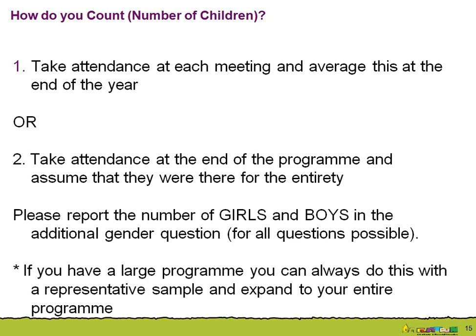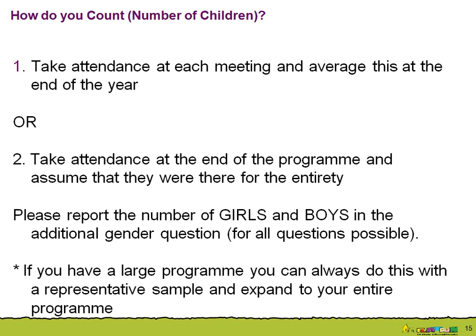In the survey, we're always asking you how many children or youth completed an entire cycle, 20 hours, of Aflatun, Aflatine, or Aflatot in the previous annual year. So it's only the children from that year. It's not all the children throughout history in your program. It's just the children from the previous annual year, and just the children that completed a cycle of the program, not counting children who entered the program at the end of the year but have not completed. So only those that have completed in that calendar year.